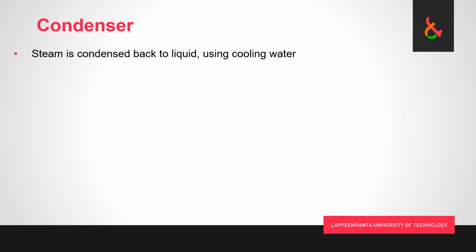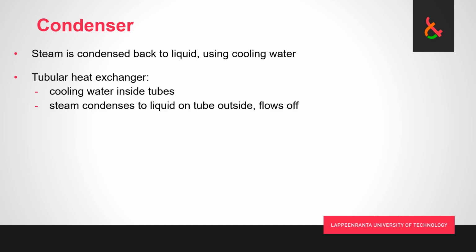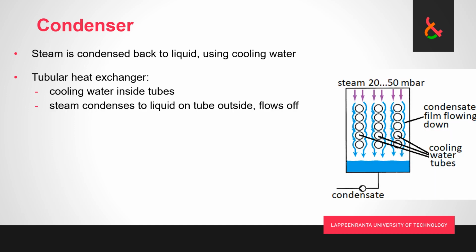The main role of a steam condenser in a steam power plant is to condense the steam coming from the turbine back into liquid using cooling water, and that way we can pump the liquid water to high pressure without using too much power to do so. A condenser is always a tubular heat exchanger, so cooling water is inside tubes, steam condenses on the outside surfaces of the horizontal tubes and then flows down, collected in the so-called hot well at the bottom,